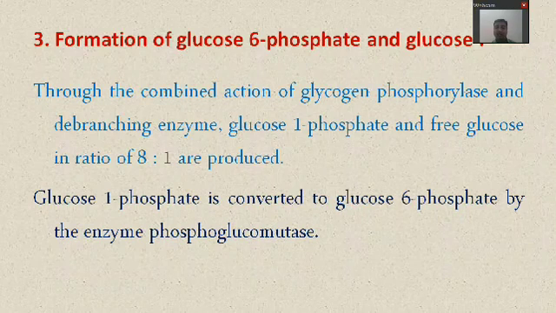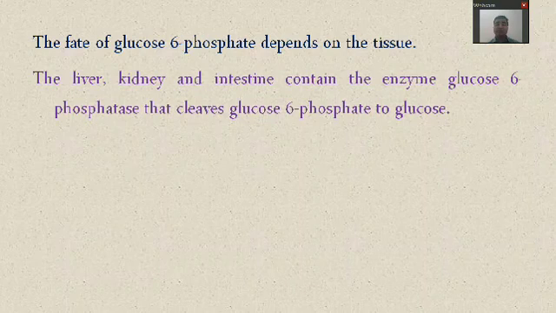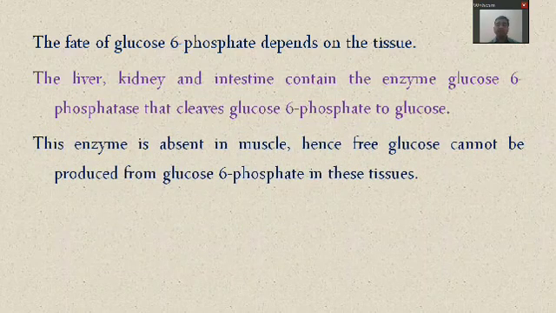Glucose 1 phosphate gets converted into glucose 6 phosphate by the enzyme phosphoglucomutase. These steps are the same in muscles and the liver. Whereas in the liver, as it has the enzyme glucose 6 phosphatase, glucose 6 phosphate is converted to glucose. In muscles this enzyme, glucose 6 phosphatase, is absent, so glucose 6 phosphate is the end product in the muscles. In both cases, whether we get glucose or glucose 6 phosphate, both will enter into glycolysis